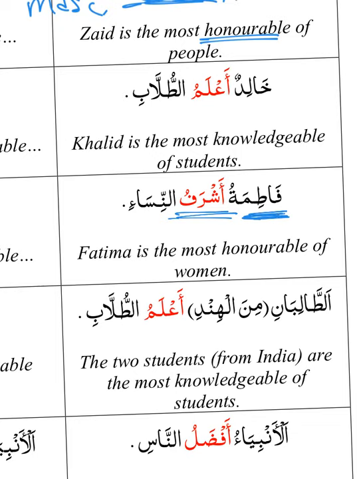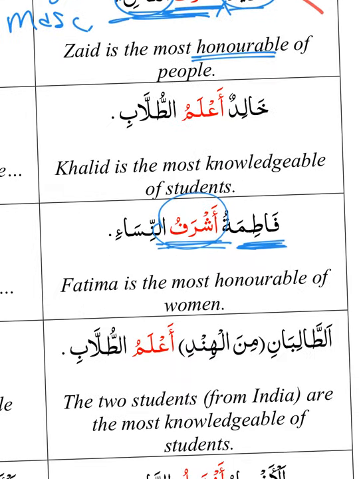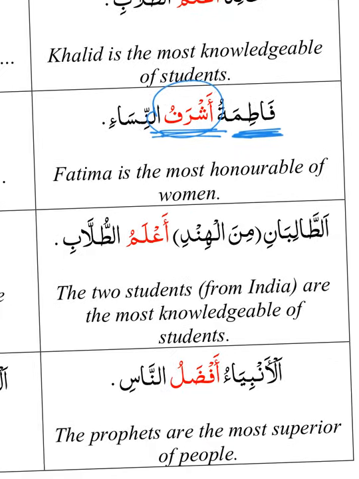So whenever you use ismut tafdhil in the superlative form as mudaf mudaf ilayh, you can bring af'al for everything. So you had Zaydun ashrafun nas. Down here, Fatimatu ashrafun nisa. However, as you will see from further examples,